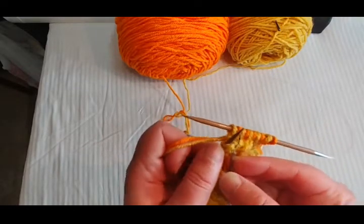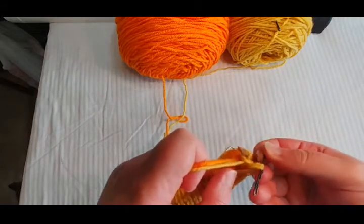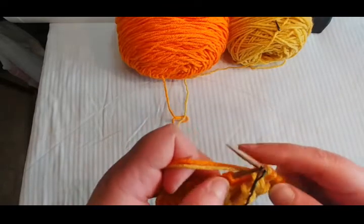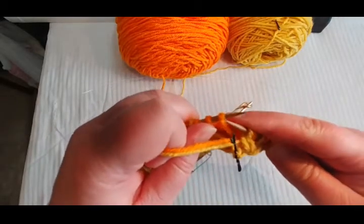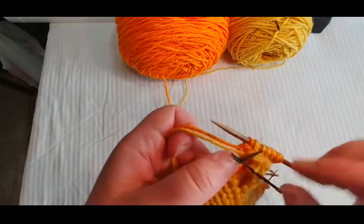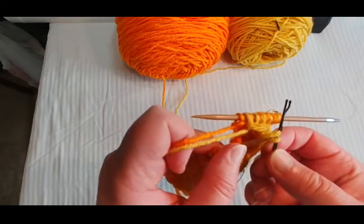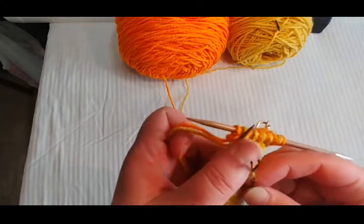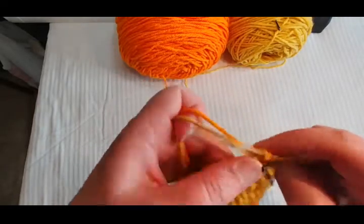So to maintain that alternating pattern, we slip them onto our cabling needle and off of the left needle, holding them to the front of the piece. And then we purl. Then we take that first rightmost F stitch that we held out of the way, slip it back onto the F needle, knit into it,